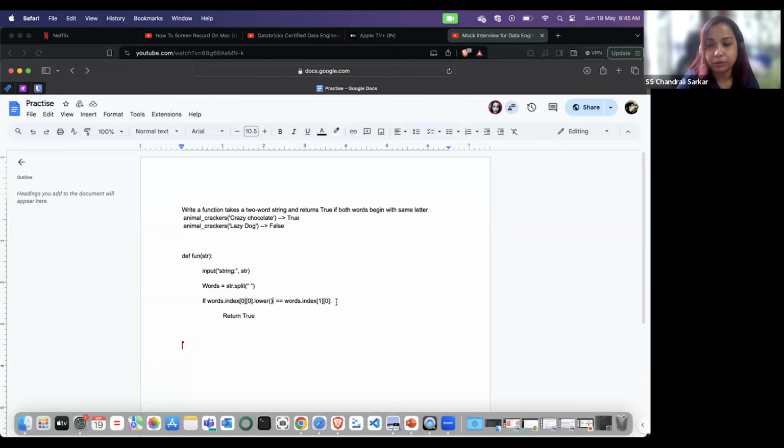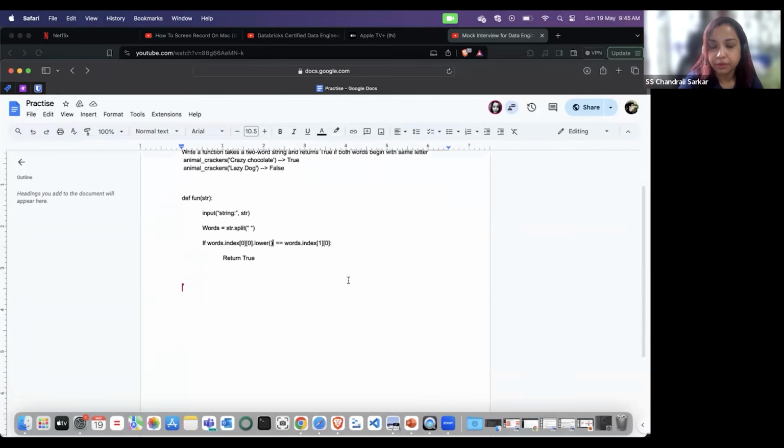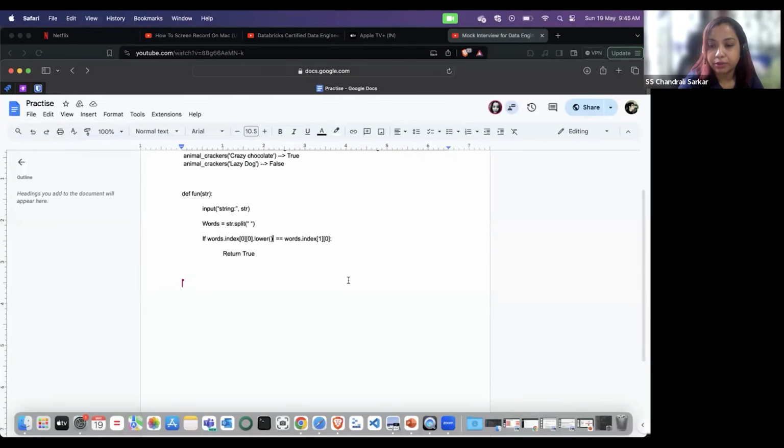first letter of the first word, first letter of the second word, that you need to check. Okay, just work on the syntax. That's the feedback. Okay, sure. I'll quickly cover SQL as we are a bit out of time. So okay, I'll give you a scenario over here itself.